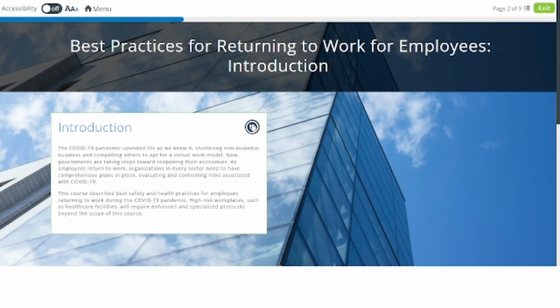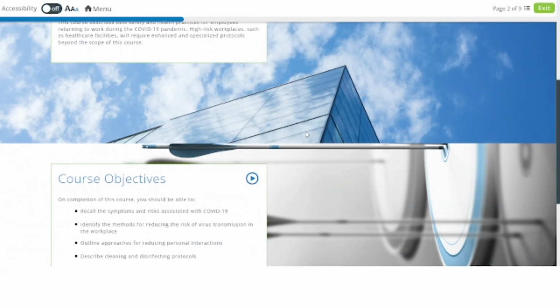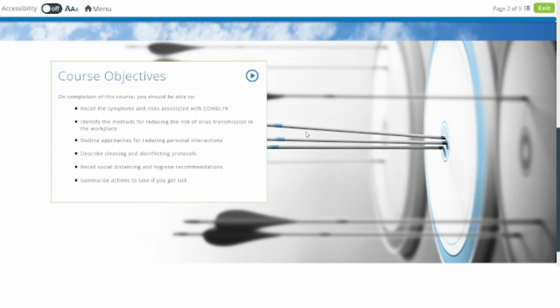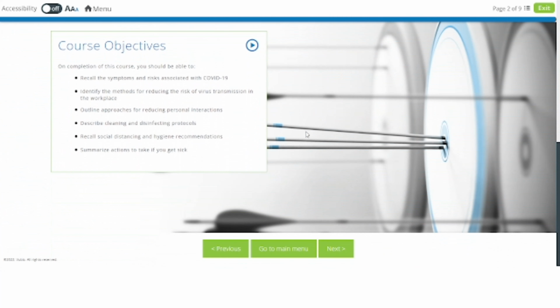Introduction. The COVID-19 pandemic upended life as we knew it, shuttering non-essential business and compelling others to opt for a virtual work model. Now, governments are taking steps toward reopening their economies. As employees return to work, organizations in every sector need to have comprehensive plans in place, evaluating and controlling risks associated with COVID-19.